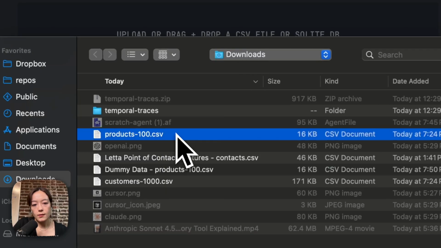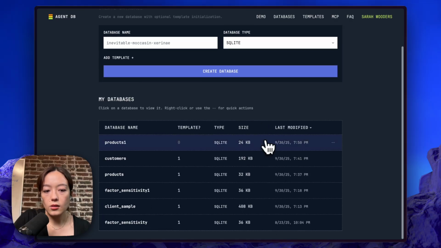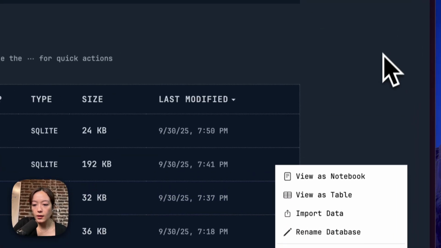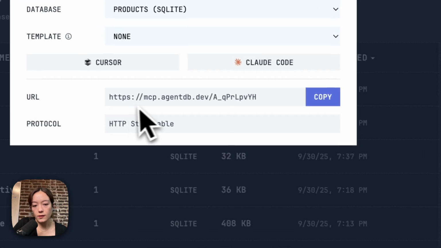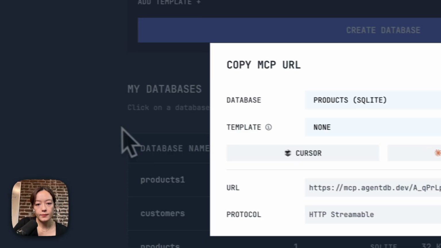So let me upload this. It's going to upload this. I think this essentially turns your CSV file into a SQLite database, and then hosts that so that your agent can communicate with this data through the MCP SQL interface. Once that's done, I've actually uploaded a couple files here already, but I can essentially take this and copy the MCP URL. This is going to be an HTTP streamable URL,